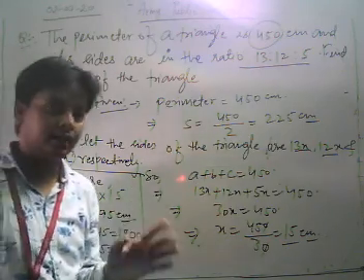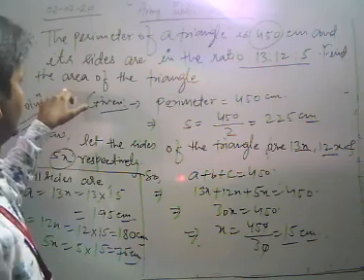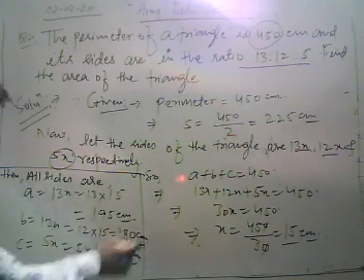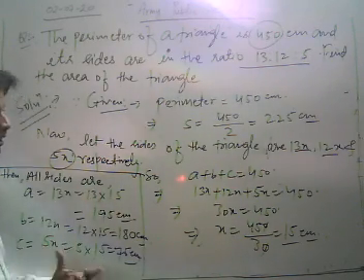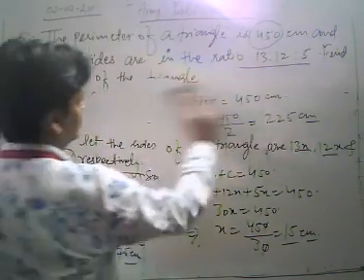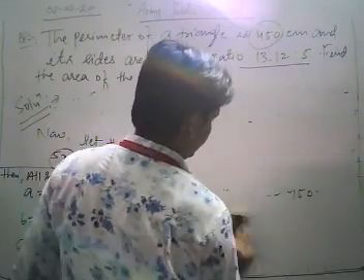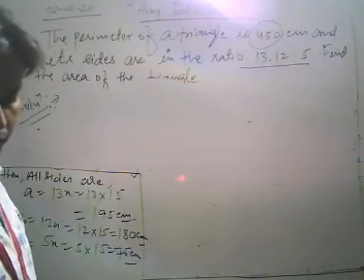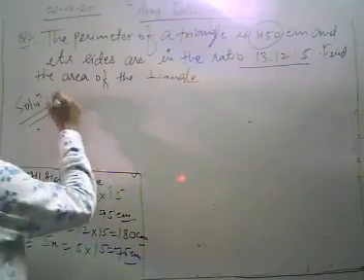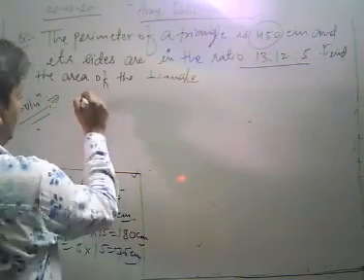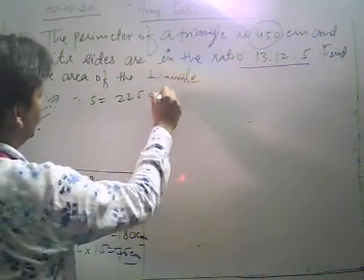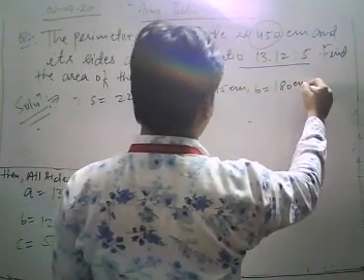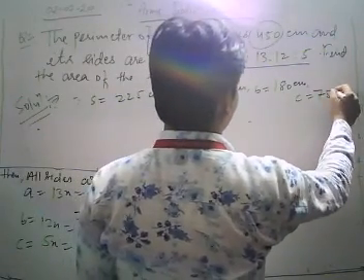Now when three sides are given and the question is to find the area of the triangle, we use Heron's formula, because now all three sides are known. The semi-perimeter is 225 centimeters, the first side is 195 centimeters, the second one is 180 centimeters, and the third one is 75 centimeters.